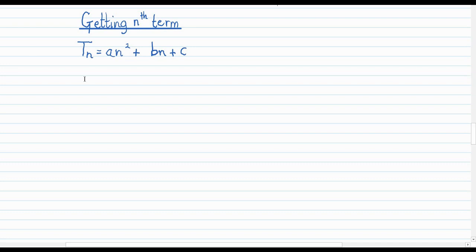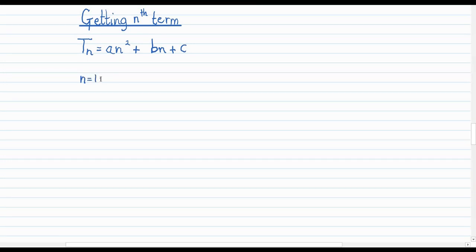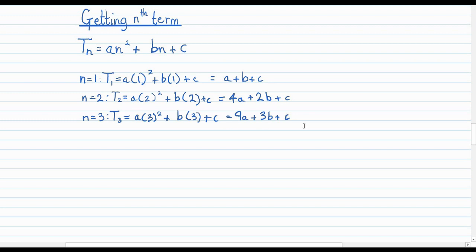For the first term, n is equal to 1. If you sub this into this equation, you get a plus b plus c. Then you do the same for the second and third term to give you these two equations. So for n equals 2, you get 4a plus 2b plus c, and for n equals 3, you get 9a plus 3b plus c. Next, you write them in a similar form like above,